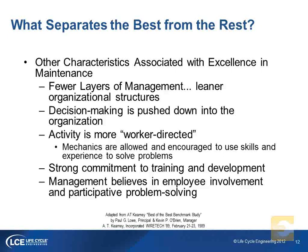Just a couple other things. The takeaway from this was the decision making is pushed down throughout the organization. There's more worker-directed activities where we're talking about operator care, autonomous care, implementing TPM concepts out there, strong commitment to the training and